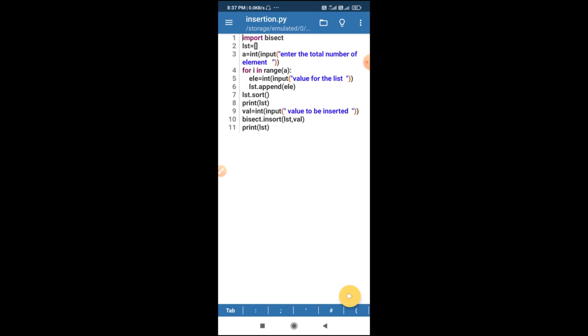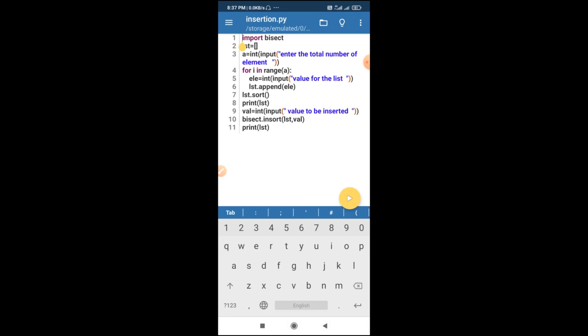Or you can simply say lines number 4, 5, 6 are also used when you are asked to insert a particular value in a list that is not sorted. Then you simply append the item at the end of the list. With the help of the append function, you can simply add a new element at the end of the list.